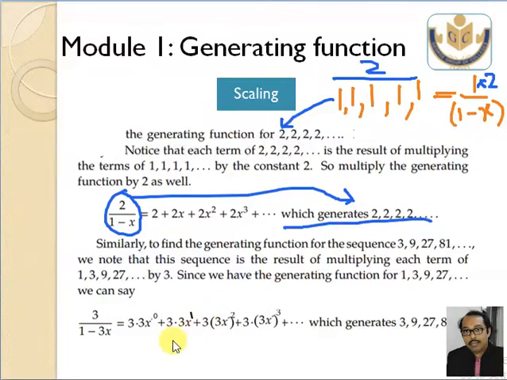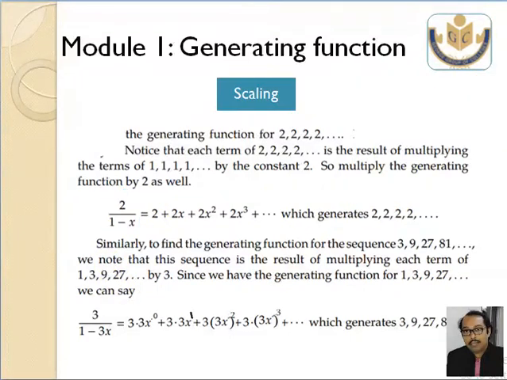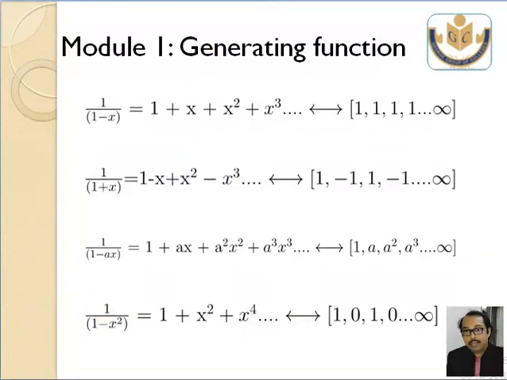Now if you look at this one, 3 9 27 81, this is a GP series. So 1 3 9 27, see, multiplied by 3. 1 into 3 is 3, 3 into 3 is 9, 9 into 3 is 27. So how it is working, I am showing you. This is a clear representation of the problem.